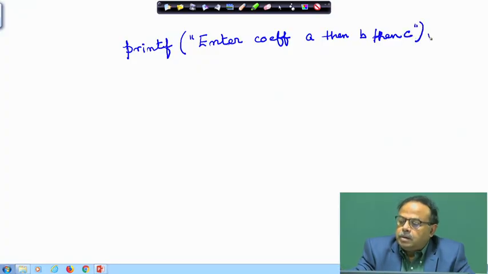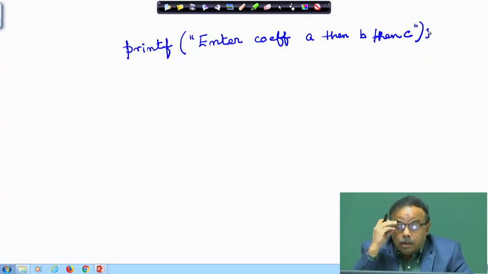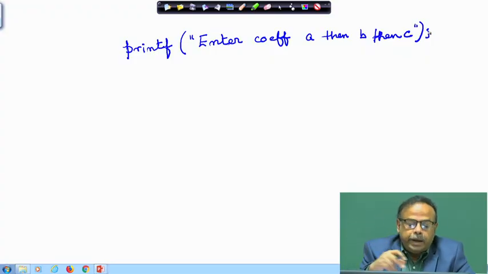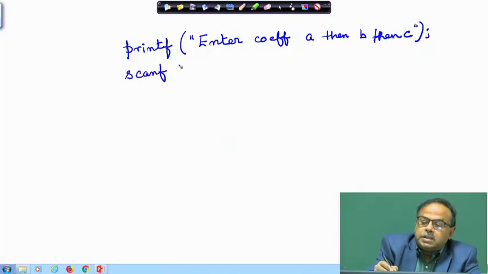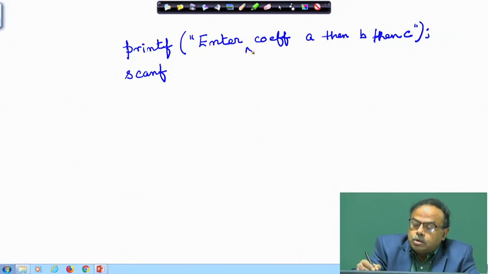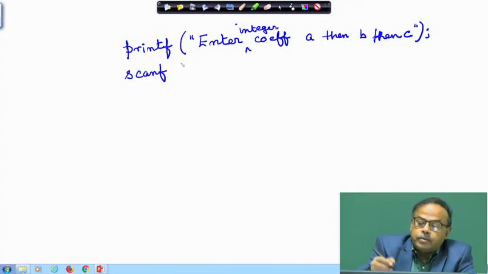All right. So, the user is told that he is supposed to enter the coefficients now. Next thing will be scanf. Since I know, I can also say that please enter integer coefficients. I am just restricting it here like that, though it is not necessary. So, scanf